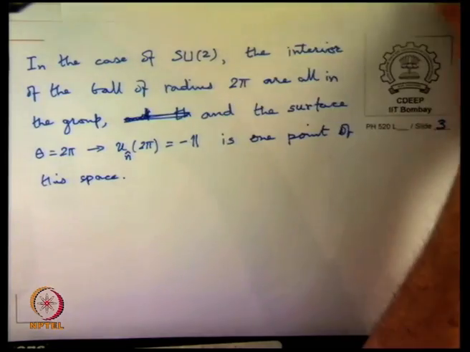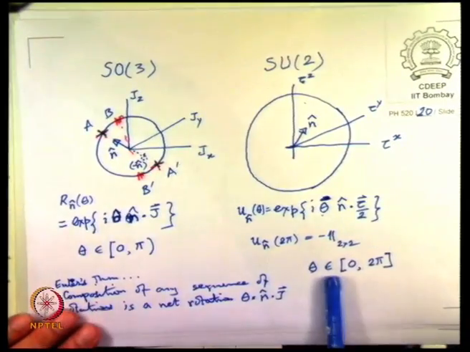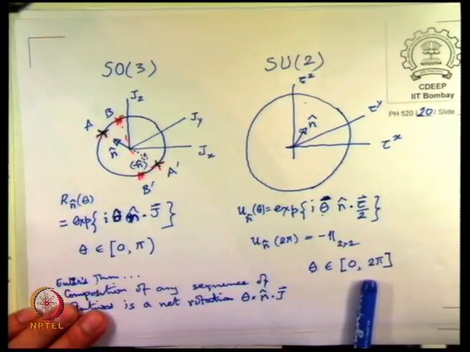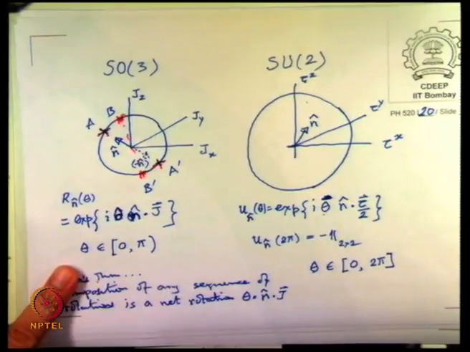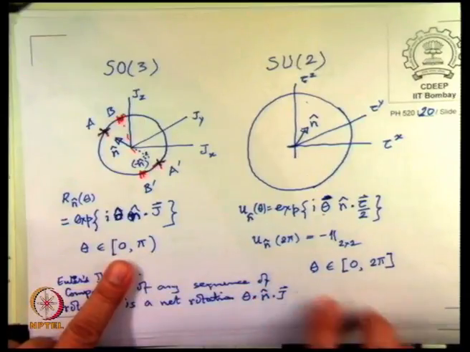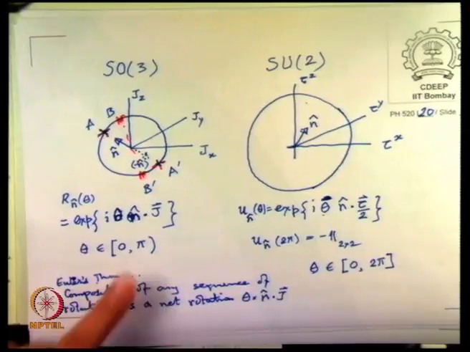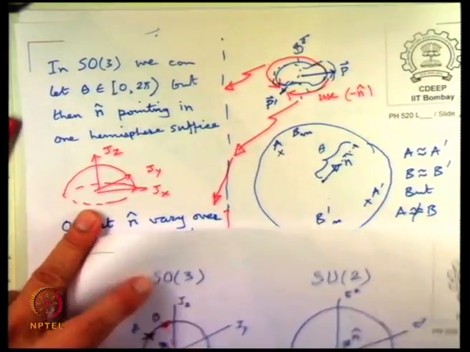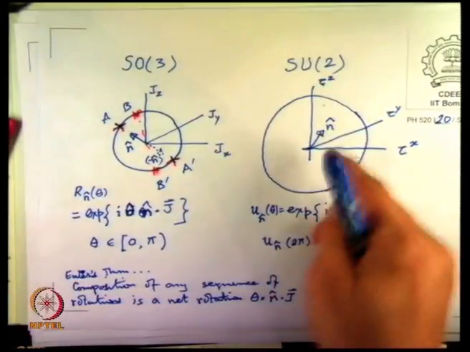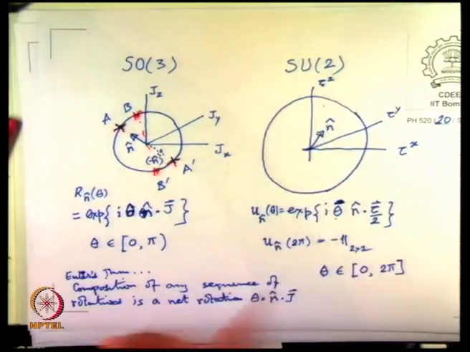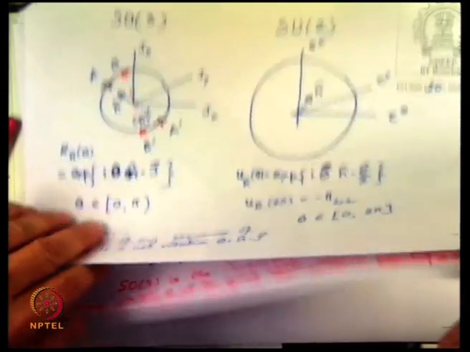So now what happens is that the difference between SO3 and SU2 is that in SU2 the range of parameter is double. If you take the standard choice, n cap varying over the whole sphere, then you have to restrict theta to go from 0 to pi, aside from all the fine print about what happens at the surface. But it goes 0 to pi, whereas in SU2 it goes from 0 to 2 pi, and only when you reach 4 pi do you get back. So if you do this convention for SU2, take only the upper hemisphere, then you can go all the way to 4 pi, and then you will return to +1. That is expressed simply by saying that you can go to -1 from any of the directions. But the size of this, or you can say there is a 2 to 1 mapping